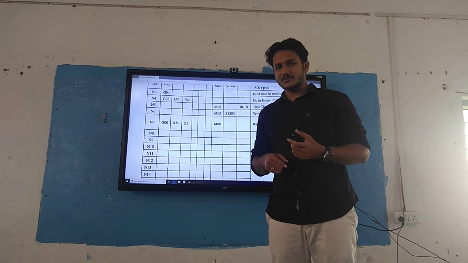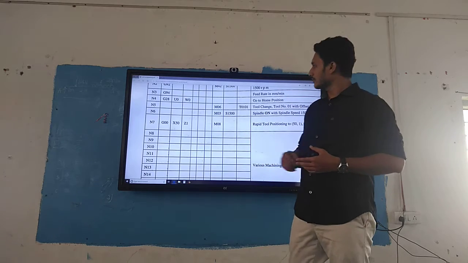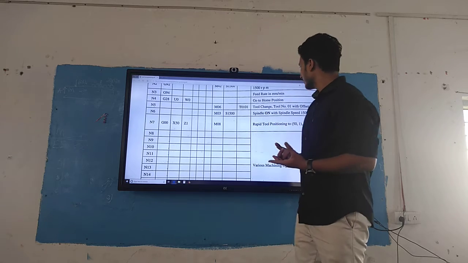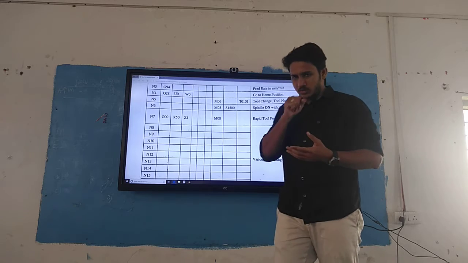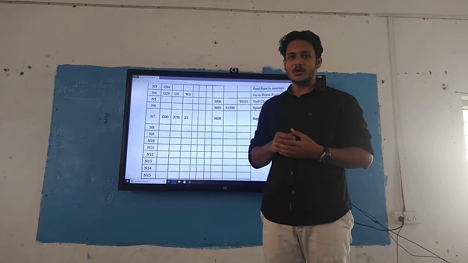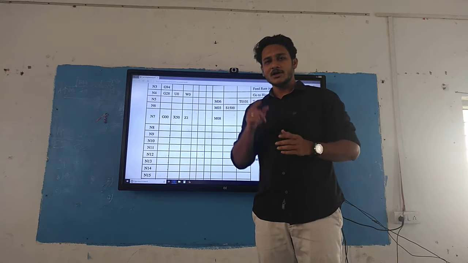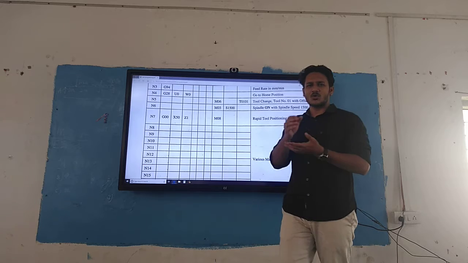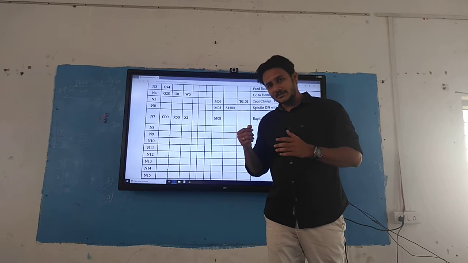To switch on the spindle, you go for M03, with whatever spindle speed you give. Then rapid tool movement to whatever position you want: we have the code G00 with the coordinate point, and you can take your tool to that position.